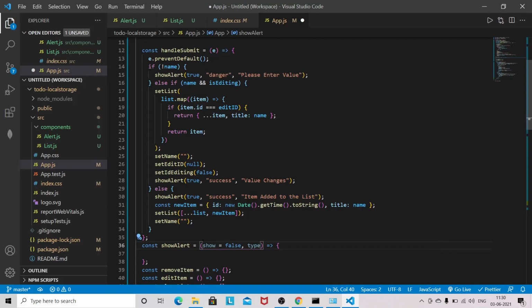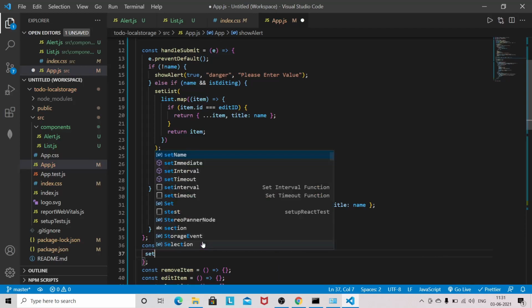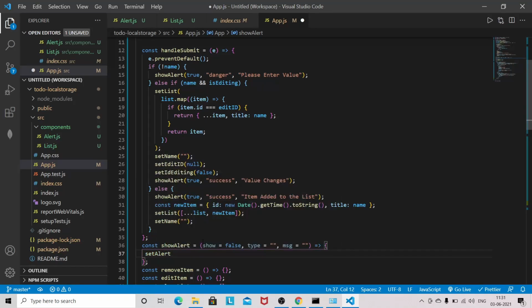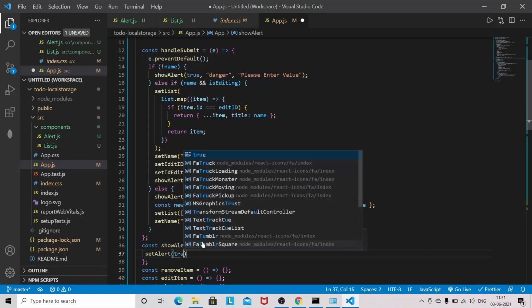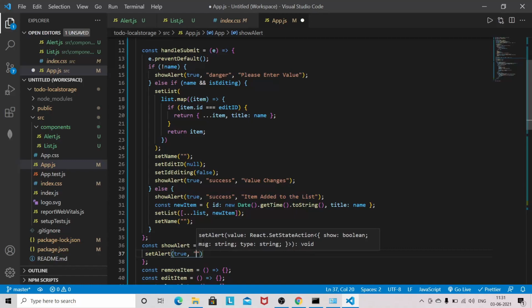So in JavaScript we give the default value in the argument this way, in case the user by mistake hasn't passed anything. So setAlert true, danger, item removed.